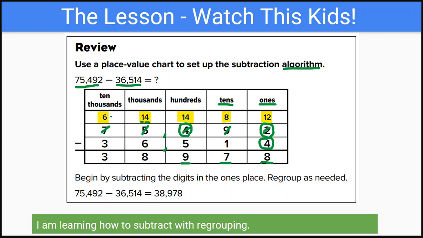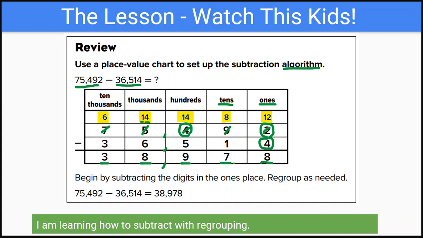We have 6 10,000s take away 3 10,000s. Well, 6 take away 3 is 3. So this one, it was an 8. This one was a 3. So the difference right here, we're going to read this number. We have to put in a comma. 1, 2, 3, comma. So the difference is